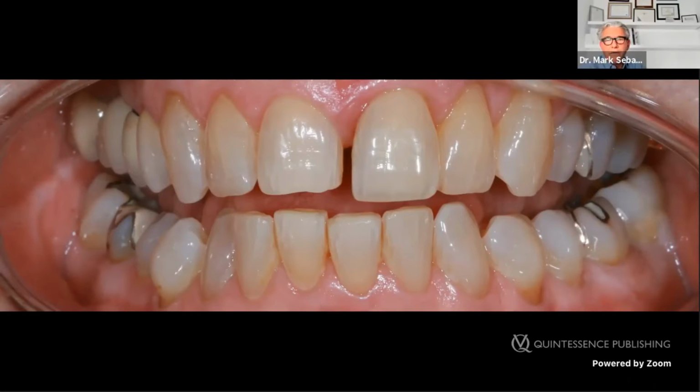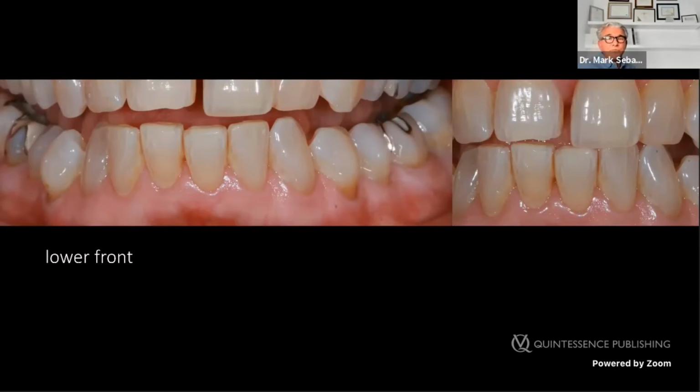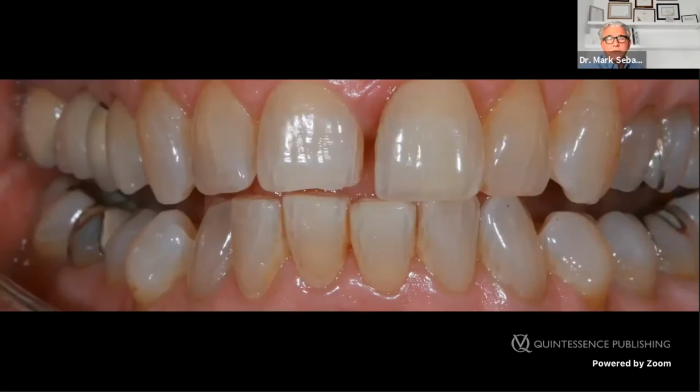If you see the open view, you see that the lower front teeth are a little bit extruded. The gingiva, for this age, looks really perfect. Dentition is very good. Yeah, there's a problem in the function. You see when she's protruding. Let's change. She's really going across the left central.